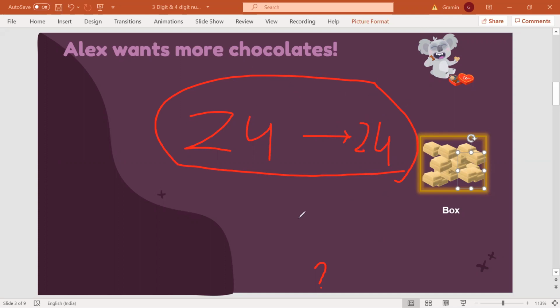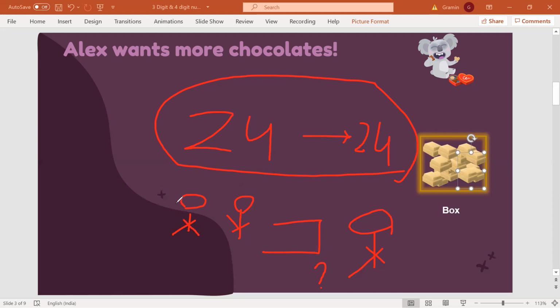So this way, if Alex goes to the shop the next day and again he buys this many chocolates, then he is going to take a lot of time. Suppose here is the shopkeeper and Alex is standing at the billing counter to pay for his chocolates. He is going to take a lot of time to count the chocolates. So what will happen? The people behind Alex in the queue will start making noise: Alex, what are you doing? Why are you counting so slowly? Why are you taking a lot of time?